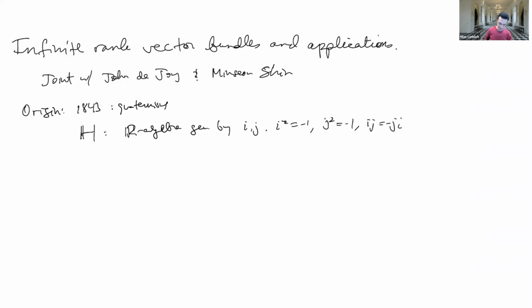People were enamored of this thing and didn't realize its limitations until around 1878. So it really was the first interesting example of a non-commutative algebra that people were grappling with. But from the point of view of what I want to say today, the basic, key fact about it is